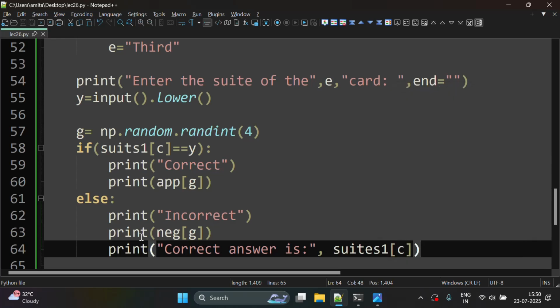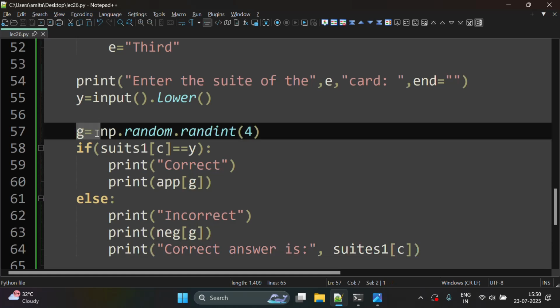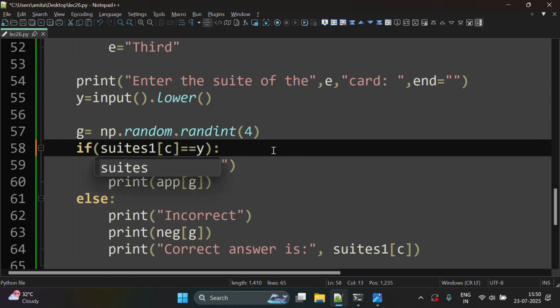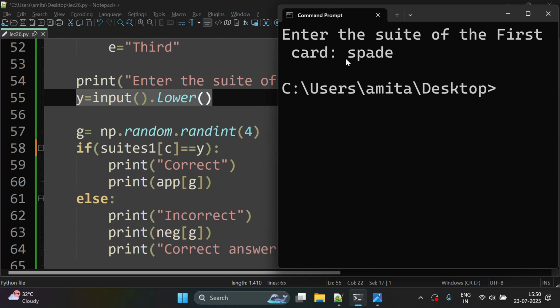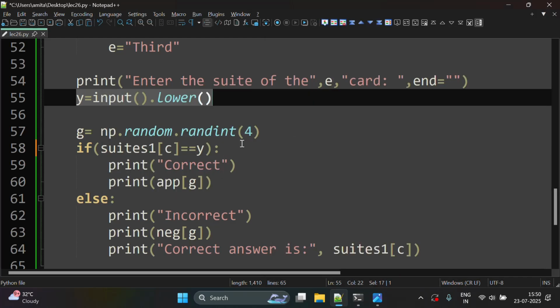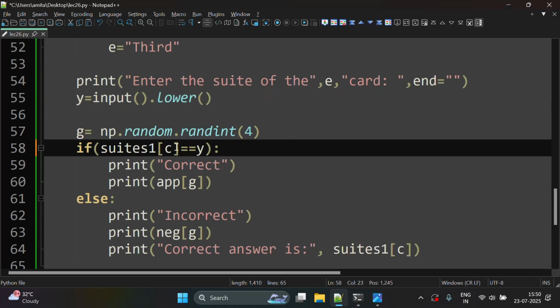So what I have written here is that we have created a random number from 0 to 3, and then we checked if suits1 list with index C is equal to Y. What is Y? Y is our input. Y is this input given by the user, Spade. If this is equal to suits1 with index C,